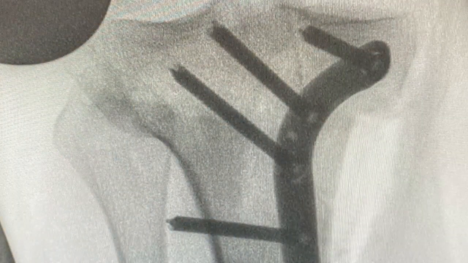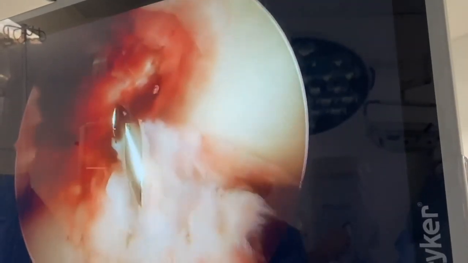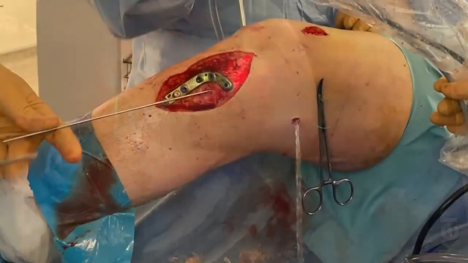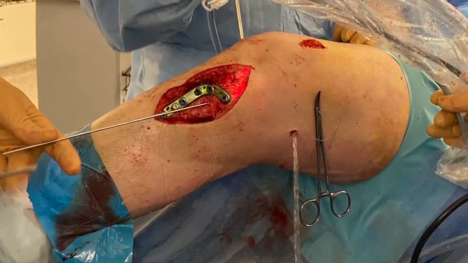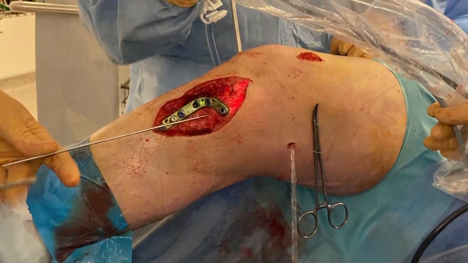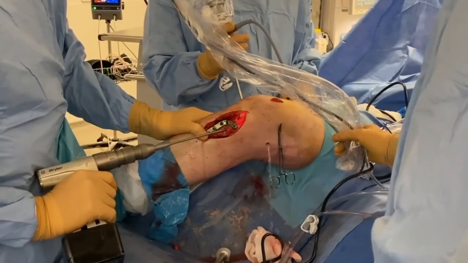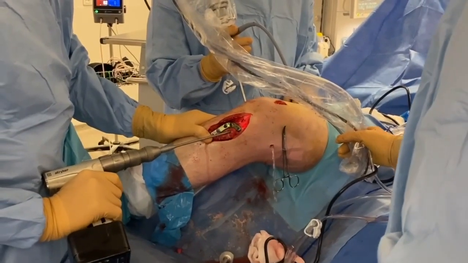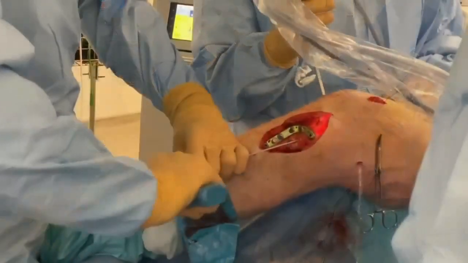We then verify the position of each screw to be 100% accurate in terms of positioning, and we then drill the tibial tunnel, which is the last step of the ACL surgery. The position of the 2 proximal screws, the more medial and the superior one, allows us to create a very easy tunnel without being bothered by any conflict in between the screws and the future position of the quadriceps tendon graft,